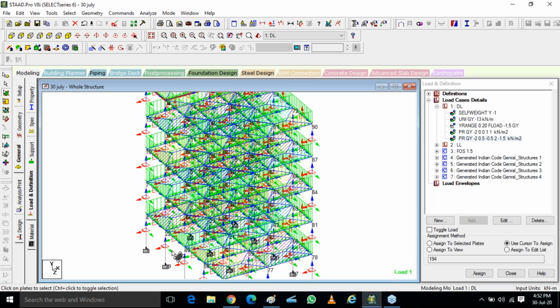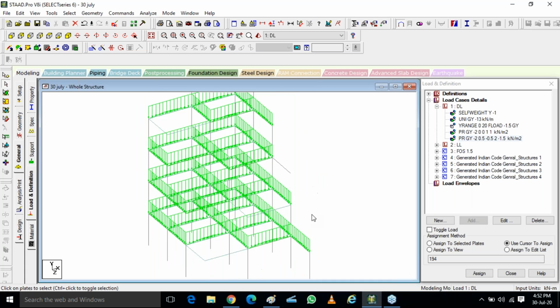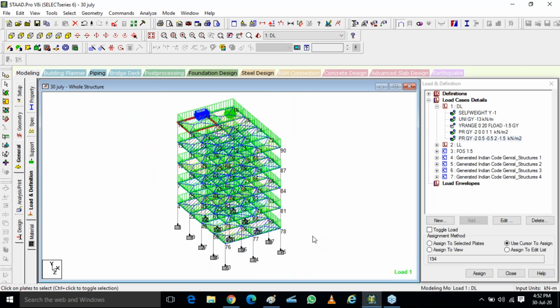Done? Okay, yes, these are your local coordinates. Now, if you want to remove it, press Shift plus O again. Any doubt? Anybody else have?